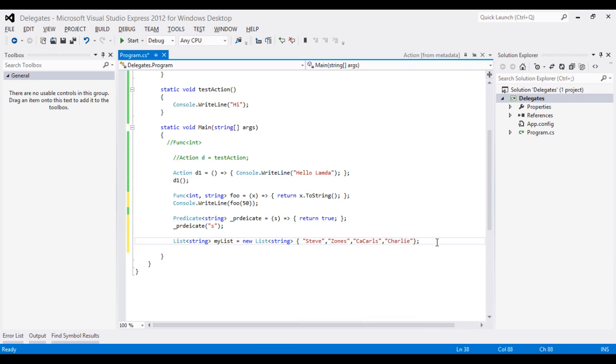Okay, so let's go ahead and use some LINQ here. We'll say use anonymous type equal to, okay, so from a name in my list, select name, okay, where